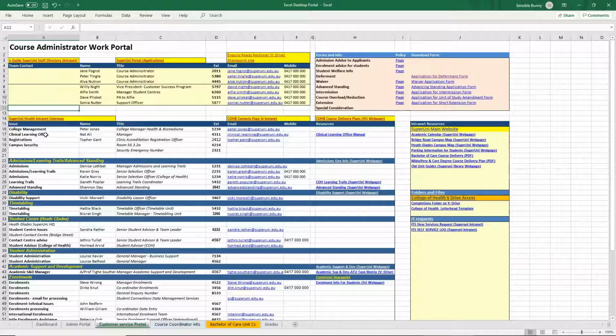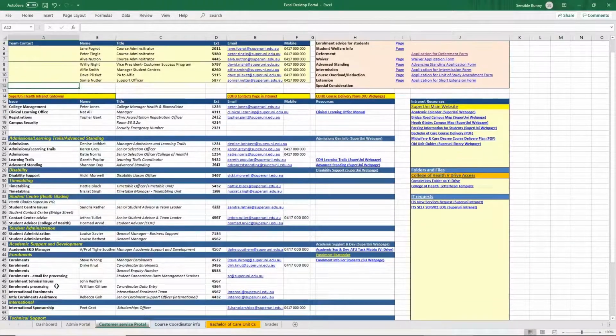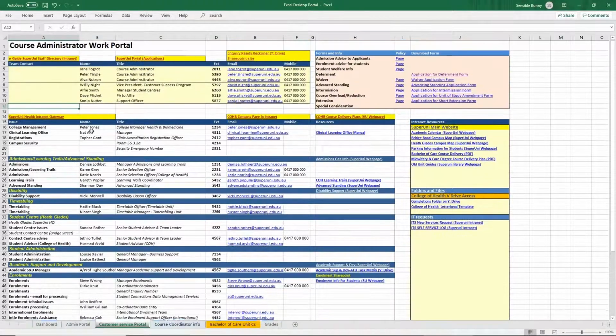And you'll see here we've organized around, for example, enrollments. So they're all different enrollment contacts that might need to check up on the progress of an enrollment, looking at technical issues. Maybe there's something specialized to do with international enrollments. Here are the people that you need to contact to get help with those things, their extension number, maybe some resources relating to that. So some general information for students. So in this particular case, a drive resource. Up here, a manual that relates to that area, and up here,